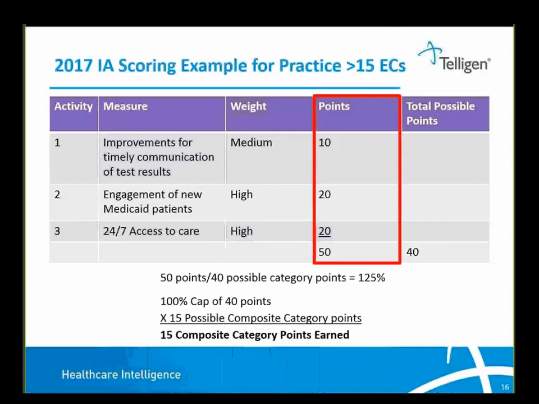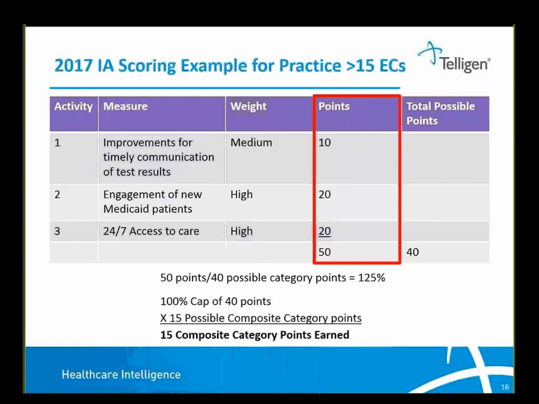And each improvement activity is worth 10 points for medium-weighted or 20 points for high-weighted activities. So all but for those special populations, and we'll show an example of that as well. To show you how this scoring example works for this practice of more than 15 eligible clinicians,